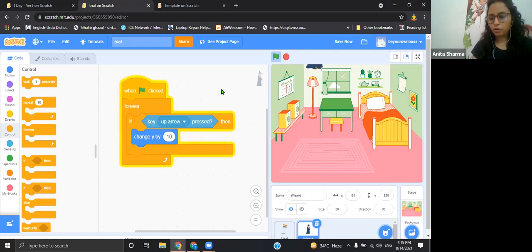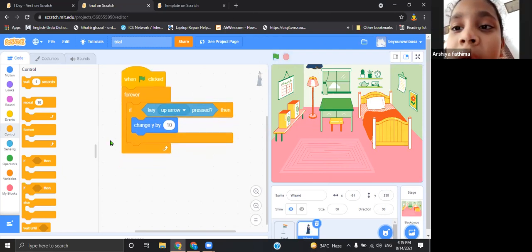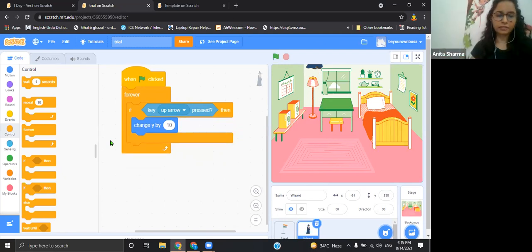Now if I check if it is moving or not, wow, it is moving upwards. All right, but it's not coming down, neither left nor right. So we need to code for it so that we can move it right, left, and downwards direction. Up arrow and down arrow and right and left. Okay. So again, we'll get this conditional block. We'll use it below this. Okay, be careful with it.